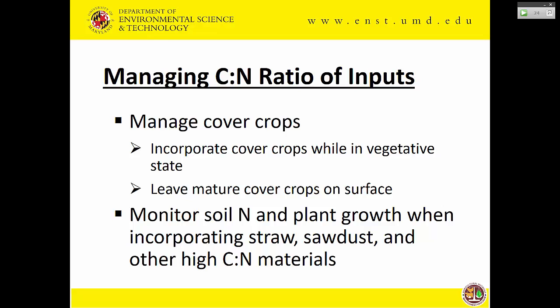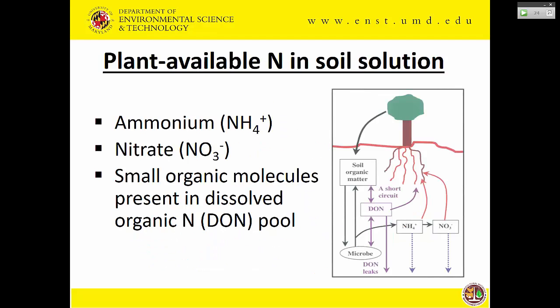So some ideas here: incorporating cover crops when they're in a vegetative state is a good idea, and leave mature crops on the surface of the soil so they can be decomposed. And also looking at the plant growth and soil nitrogen is extremely critical, especially when using materials that have a very high C:N ratio. So in terms of what plants need,